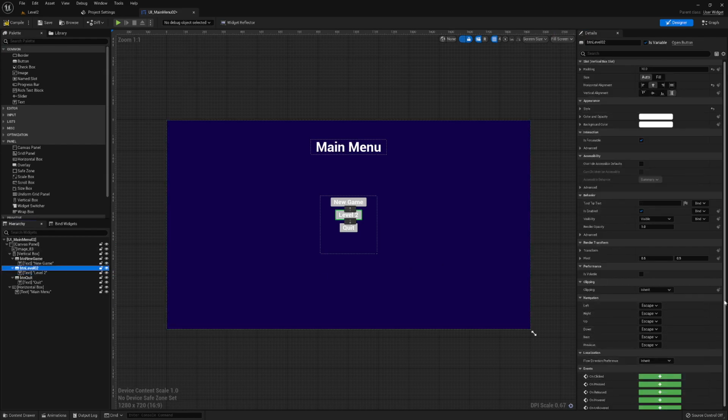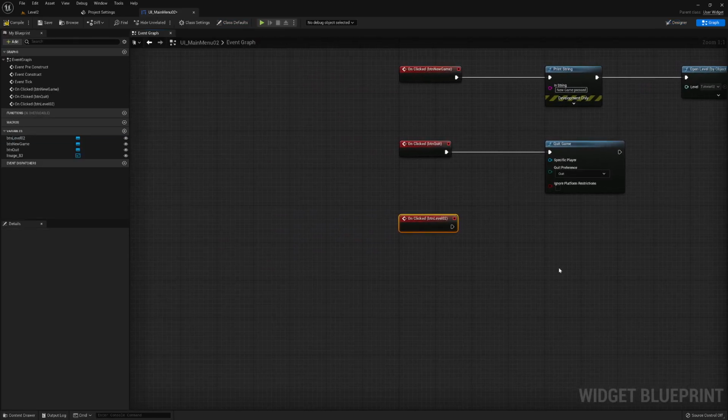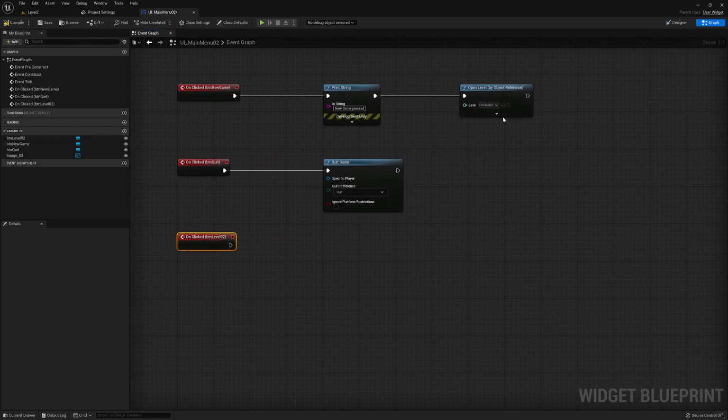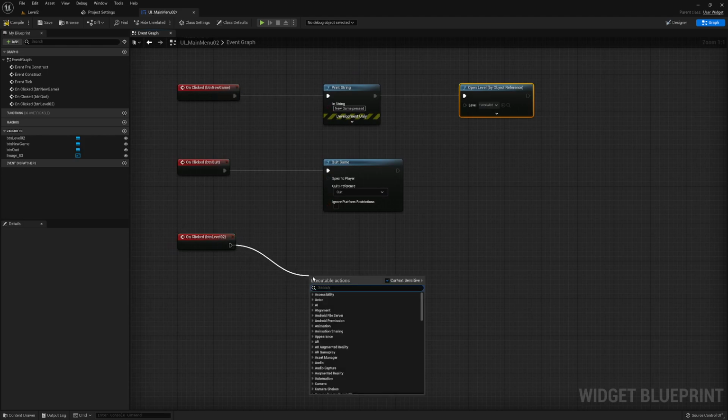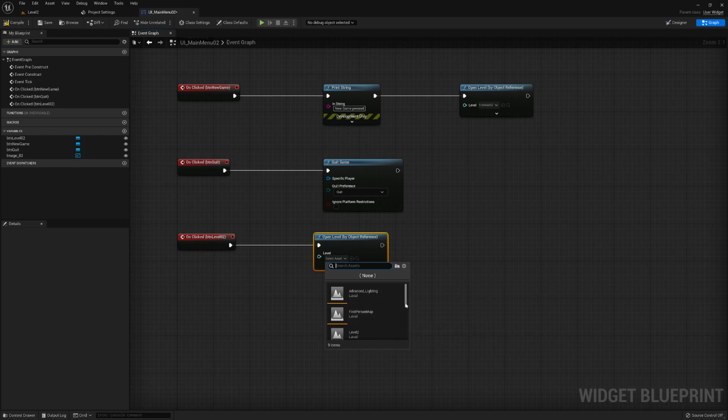So if we come down to the bottom, on clicked, let's create an on clicked event, and it'll take us across to our graph over here. So click on that, plus, and all we want is to open another level. So we can just go open level by object reference, and we want level 2, which is this one. There we go. Compile, save,